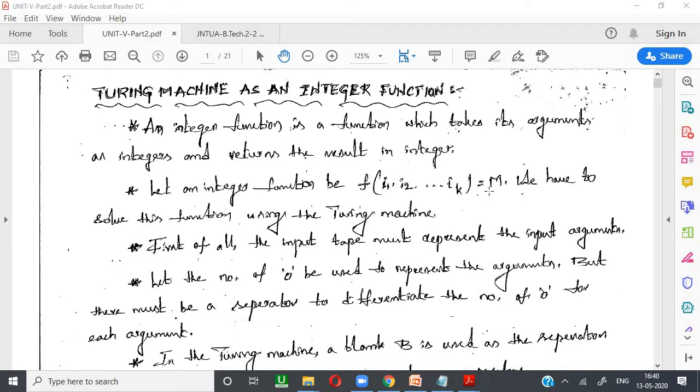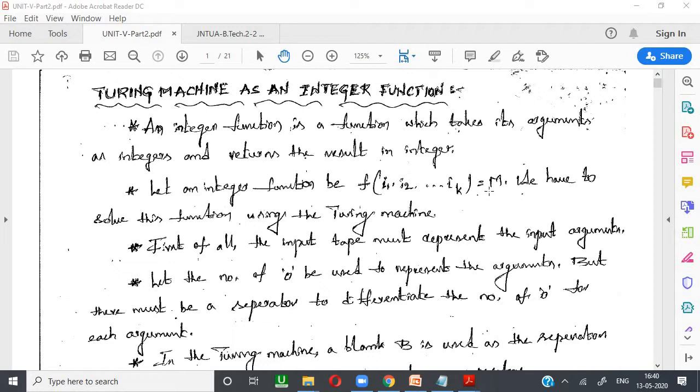Now if we consider 2, we can't get 2 directly from the input tape. For that we require a representation. Mostly in Turing machines with integer functions, they represent numbers as zeros. So if I have 2, I will represent it as 2 zeros, and then plus 3 is there.